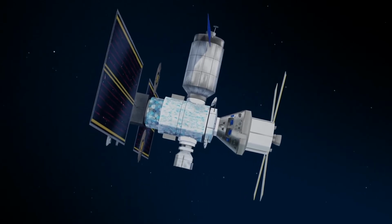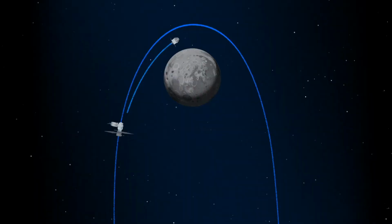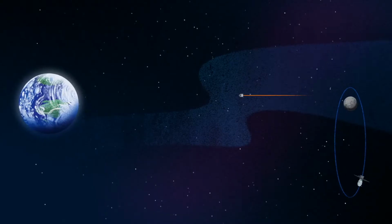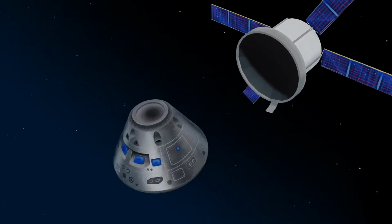Once back aboard the Orion spacecraft and undocked from Gateway, the crew fire their engine once to break out of the halo orbit and once again to sling the spacecraft around the moon, placing it on a multi-day trajectory back towards Earth. As they near the end of this journey, the service module is released, and the crew module is